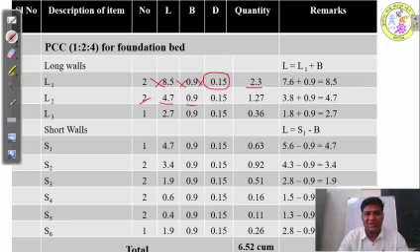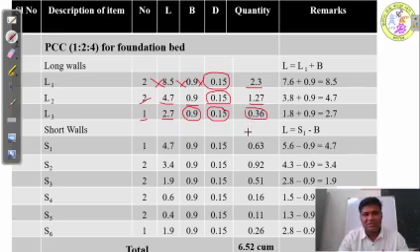Similarly, L2, the length is same as the process how we calculated the length of earthwork in L2, 0.9 meter is the width and 0.15 meter is the depth of PCC. So the total quantity is 1.27. Similarly, L3, only one wall is there. The length is 2.7 meters, width is 0.9 meters and depth is 0.15 meters, and total it will come to